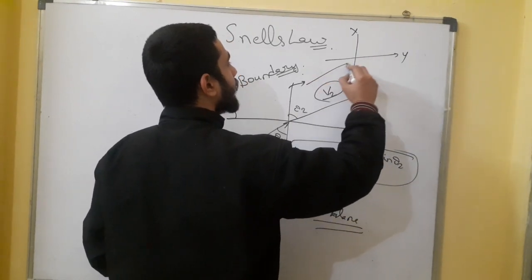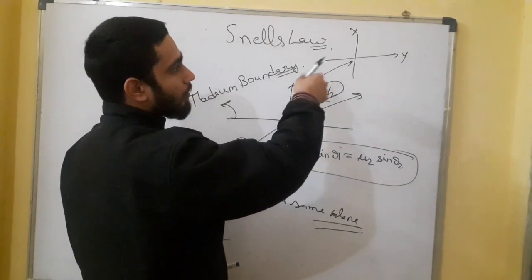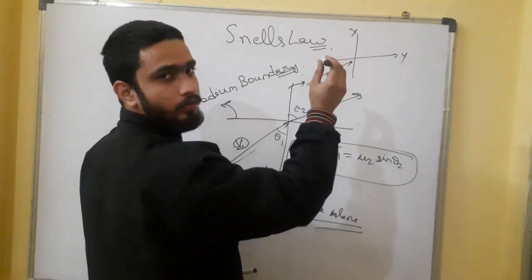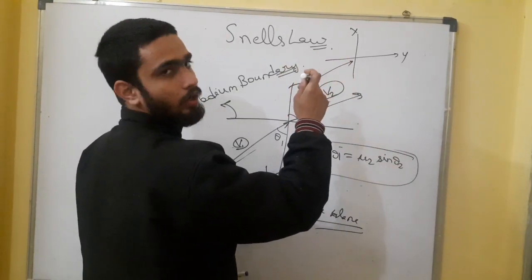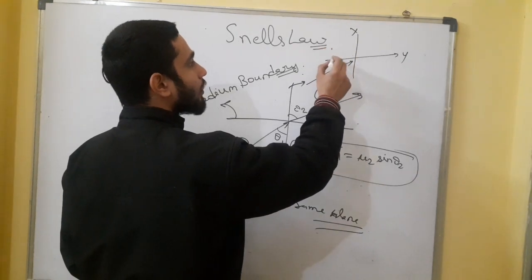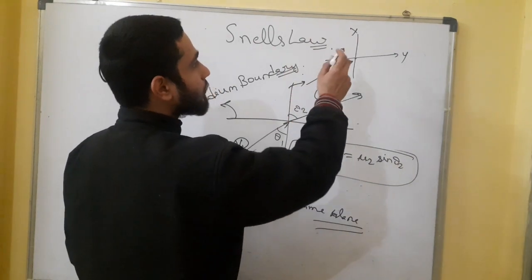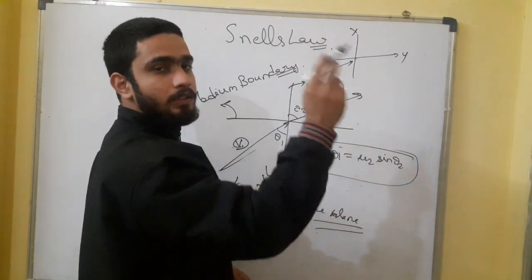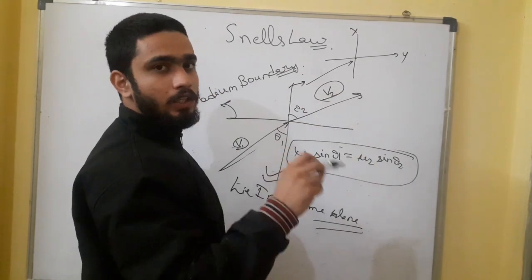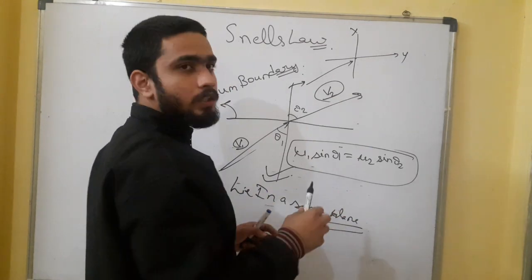So suppose that it is going like this. When it goes into the second medium, it will not come out of the plane, or go inside the plane. If it is striking on the medium boundary, it will not come out or go in, it will be just in the same plane. Only the angle of that ray will be changed, and the plane will not be changed. It will be a rotation within the